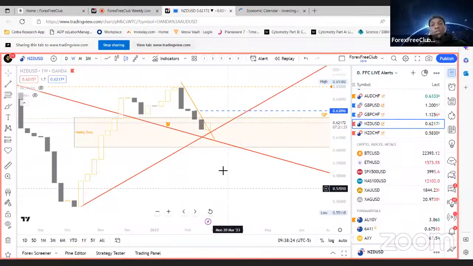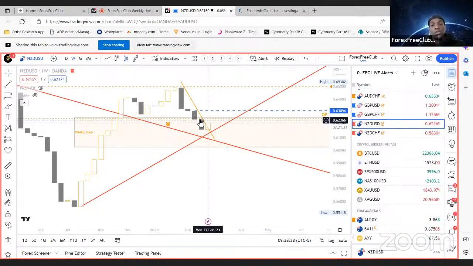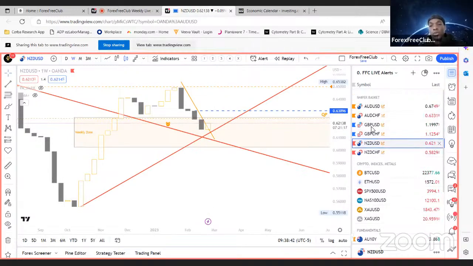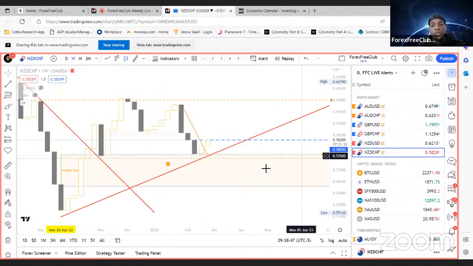All right. So NZD USD was at the quarter point last week, but we broke below. We're reapproaching it. So NZD USD would be nice to watch for the continuation from the quarter point. So those are the updates from the pairs we're watching from last week. So this week we're still watching GBP Swiss franc, but we're adding NZD Swiss franc because we did get the confirmation technically with the counter trend line break, even though we're not at the quarter point. So we're just going to watch those.